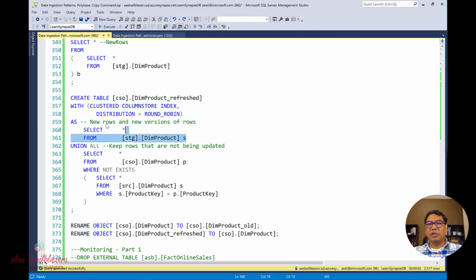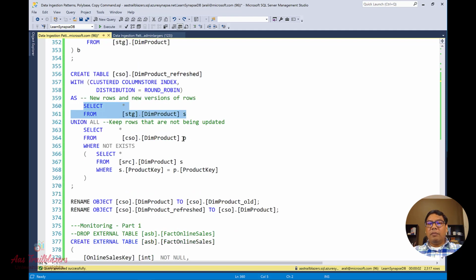So I'm selecting those rows from the staging table. When I select the data from my existing table, I'm going to only select the data which has not been impacted. Basically, all the rows which are not getting updated in the most recent execution or in my staging table. So I'm going to say WHERE NOT EXISTS and select from the staging table by mapping the product